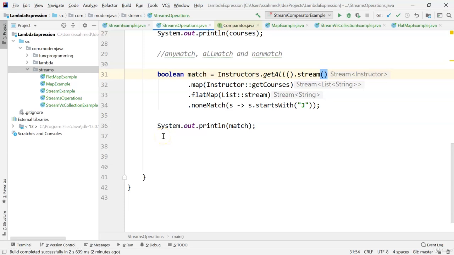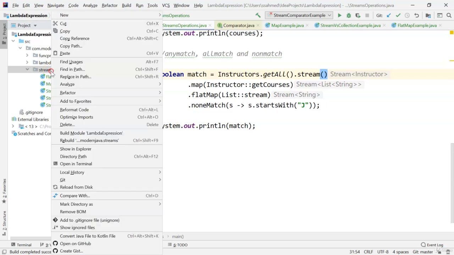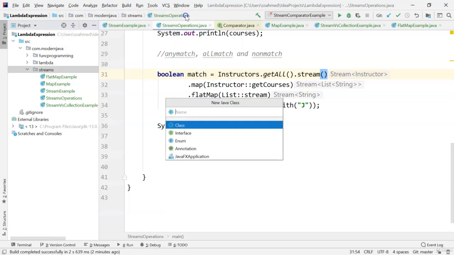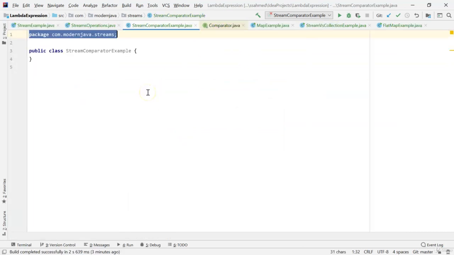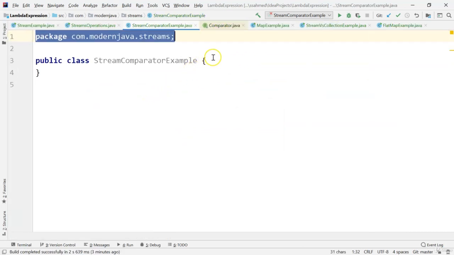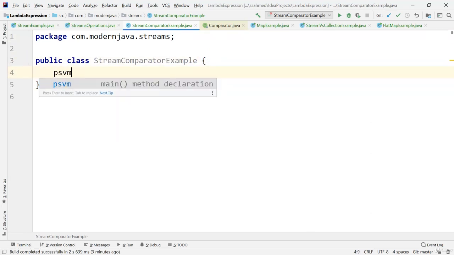In this video, we will look at customized sort using comparator. So let's create a new class, and the class name is StreamComparatorExample. Let's create a public static void main,